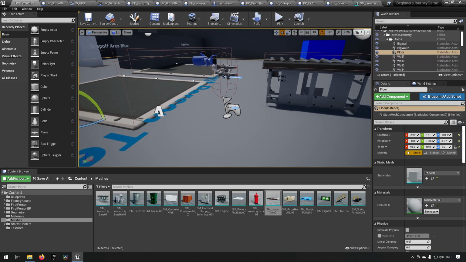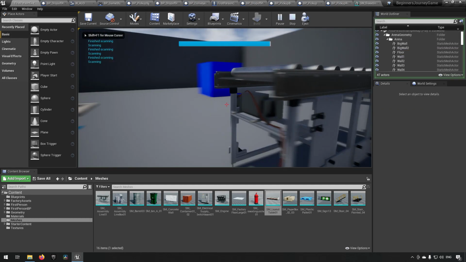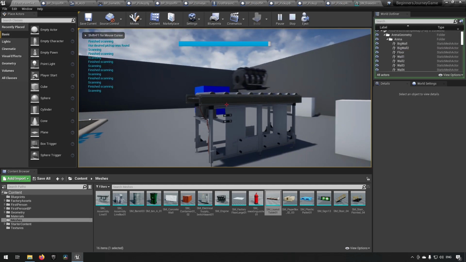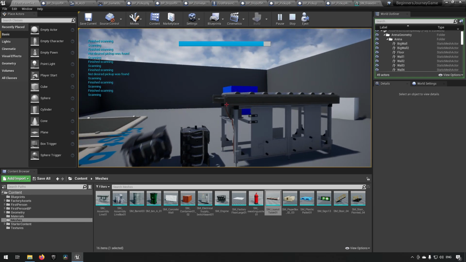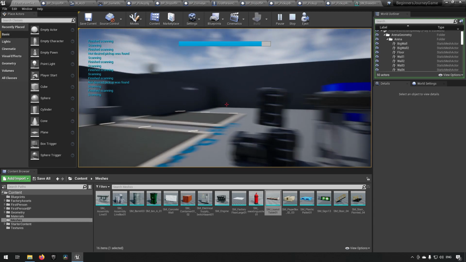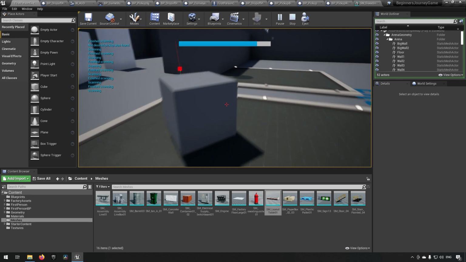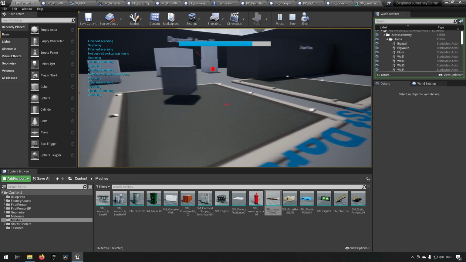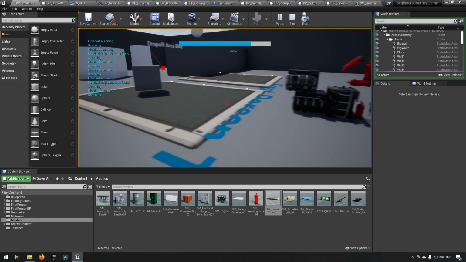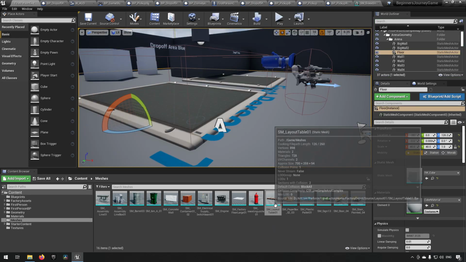So now you can start to see some issues that we're having. Let's point them out a little bit again. If we take a fire extinguisher, for example, of course we're not getting any fire extinguishers. Let's get the box. So this box over here, if we place it on this surface, you can see that it's floating above it. The reason for this is we have collisions on each of these objects. So for this particular object it was the SM layout table. So if we open that one up,